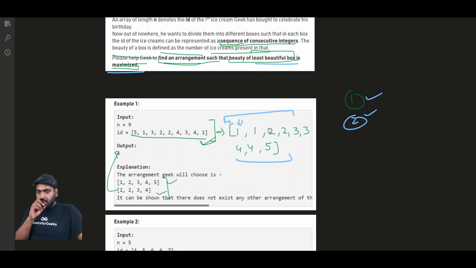Talking about this one, we can say that only one sequence can be formed from that, which is one itself. If we have two ones, still there can be only one sequence. It could be one, one like this, and with another one, this, right? So till we are here, till the second element, we can only have one sequence of length 1, that is 1 itself. But when this 2 gets included, we can either pair up this 2 with this one